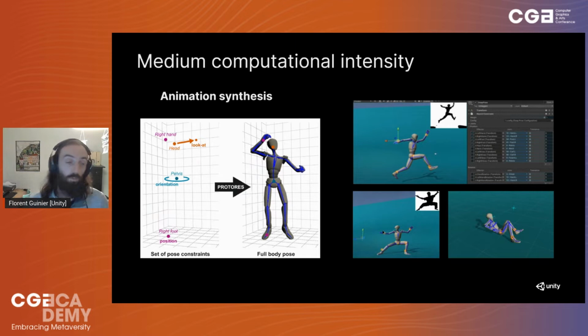Another use case, of medium computational intensity, that's a good fit for CPU probably, will be animation synthesis. Unity is working on something called ProtoRes or Deep Pose, depending.